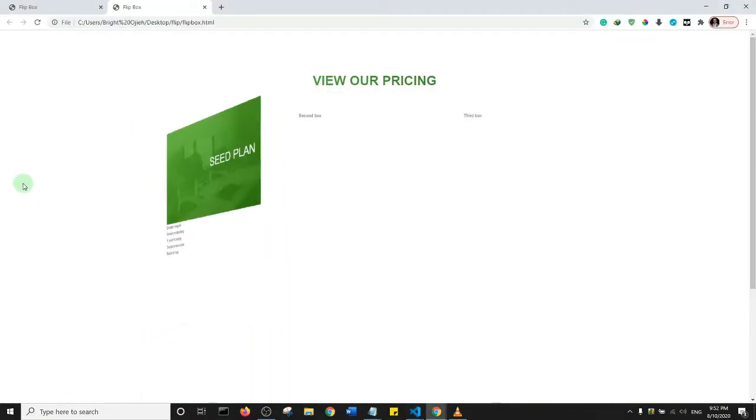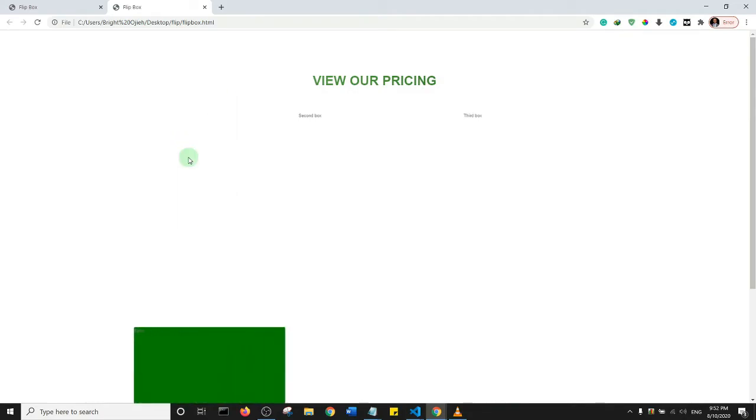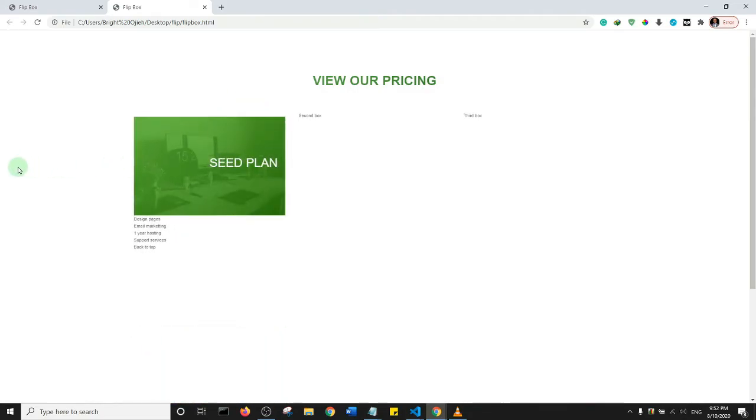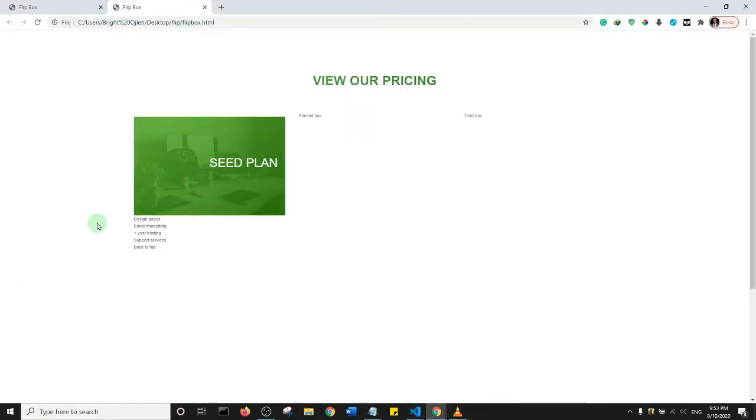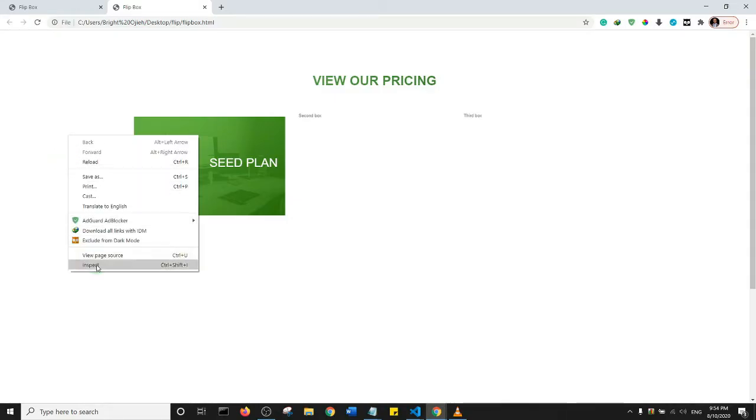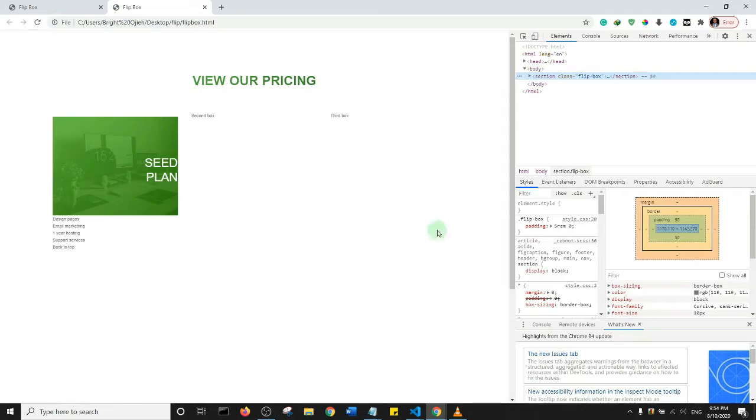So seed plan, but it's not centered. Okay, so what do we do? Let's look at our code. I think we have some issue somewhere. So if I right click and inspect, I think I would find my issue here. So let me just inspect the